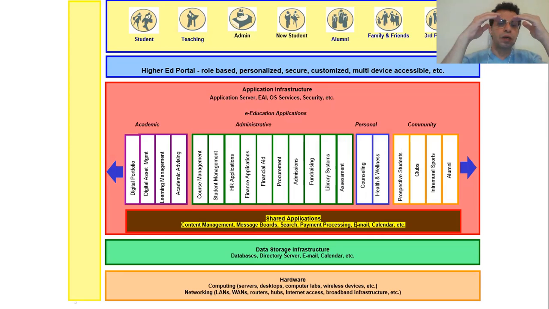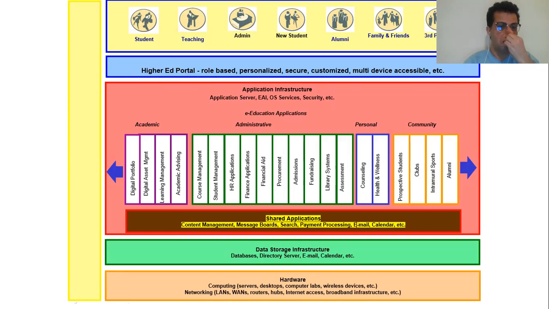After you define what these people need within a certain application, you start looking at what should be a higher education portal, and it should be role based. Why role based?